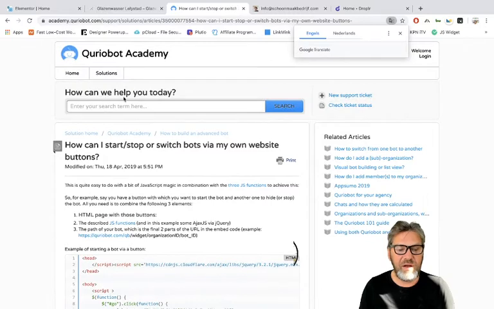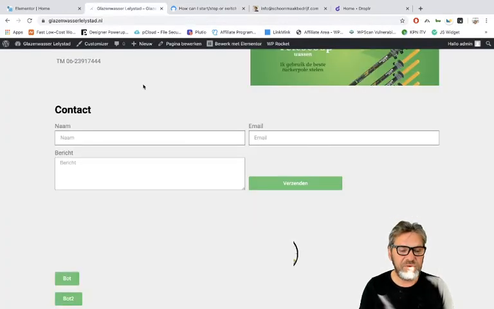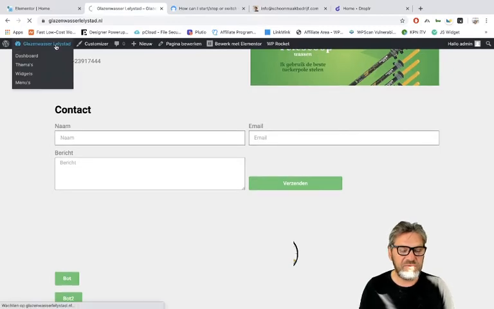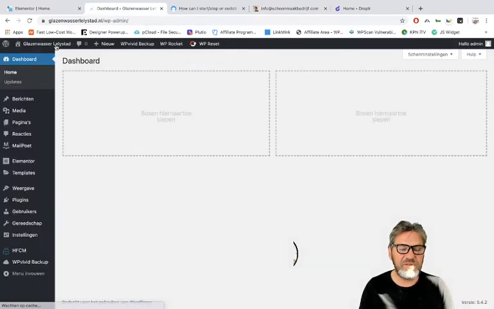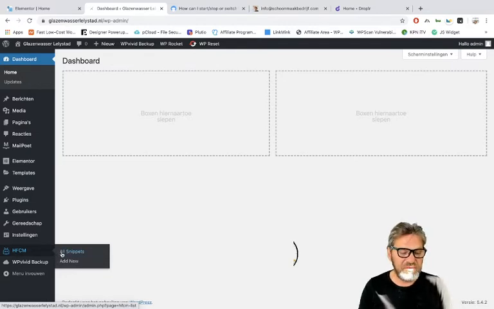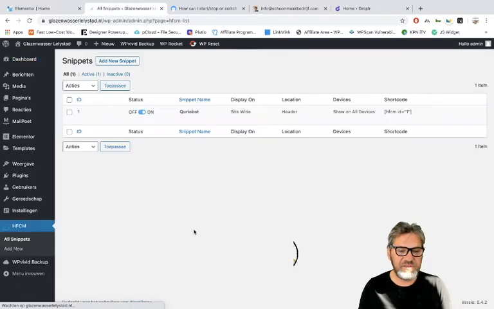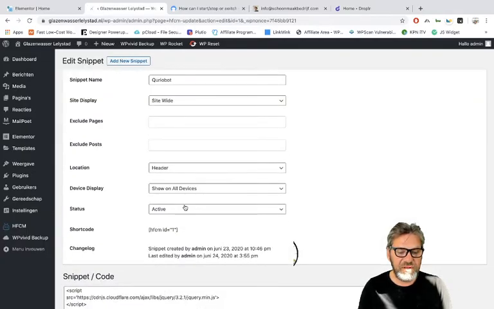How can I start or stop or switch the bot with my own website buttons? Okay, once you have done that, you have to go to your snippet codes. In this case, I use a plugin, but you can also do it with Google Tag Manager, or maybe your theme has such a tool, such as GeneratePress or something like that. It doesn't matter at all. And then you have to paste it in the header